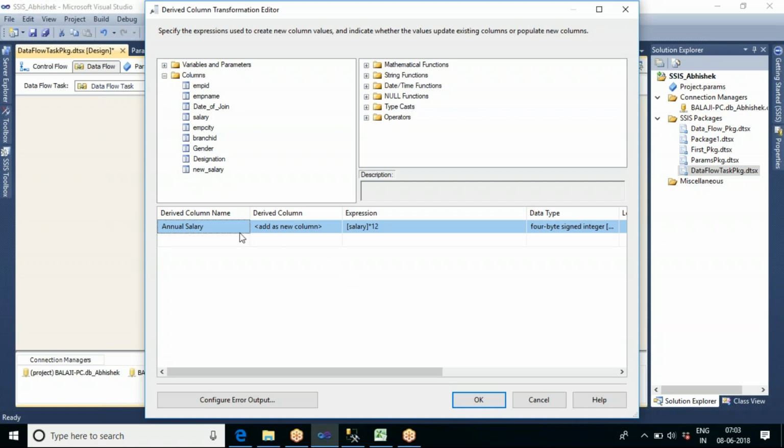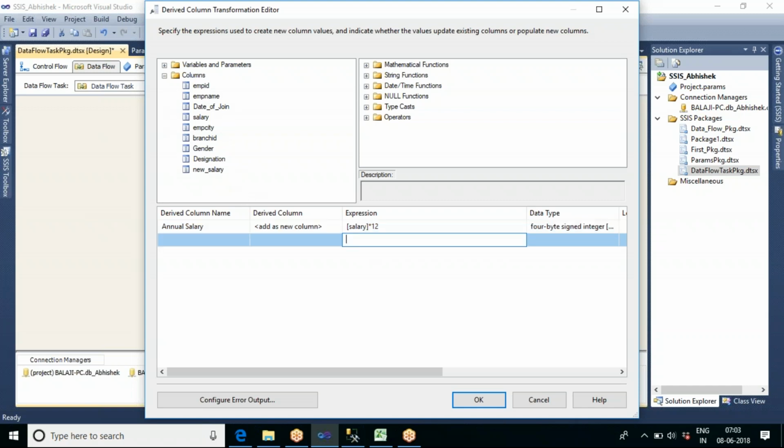Like that, we can write any expressions here as per your requirement. We can generate row numbers. Let us say if anybody is updating your data and you want to give today's date as the updated date, you can put getdate. Getdate will show me today's date, and you can add it as a new column and give the column name as date updated. Like this.